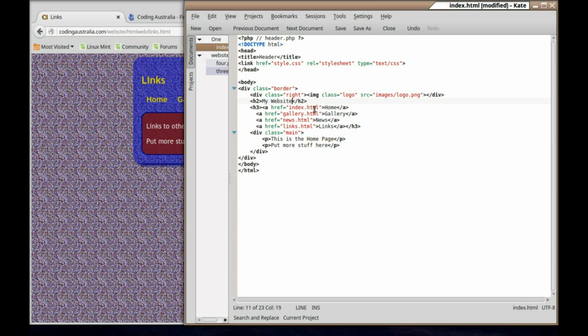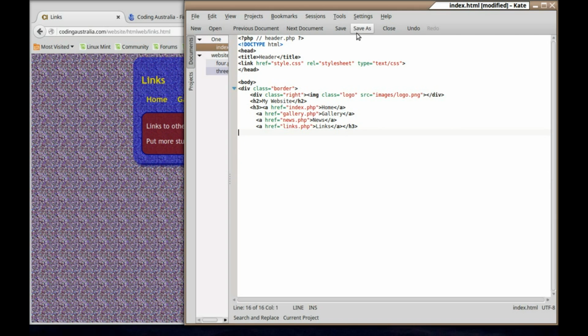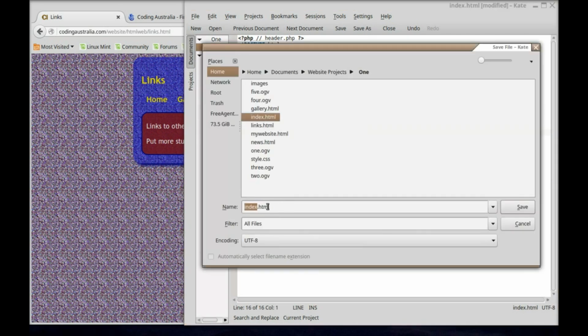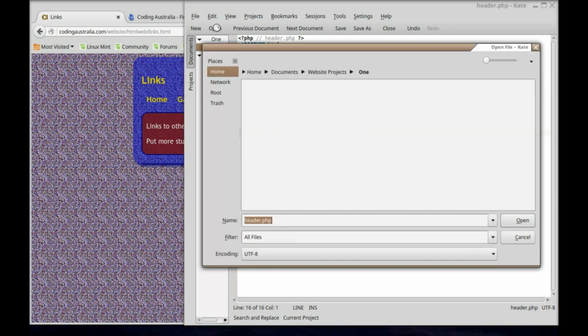from where we had it before, and in here we're going to change these all to PHPs. It's a bit of setting up, but once it's up it's worth it. And then down the bottom we're going to have a footer, which we haven't got yet, but we'll just create a really simple one. So the header file looks like that, and we're going to save it as our header file. Save it like that. So that's our header file, and our index file, which I'll open up again, our index